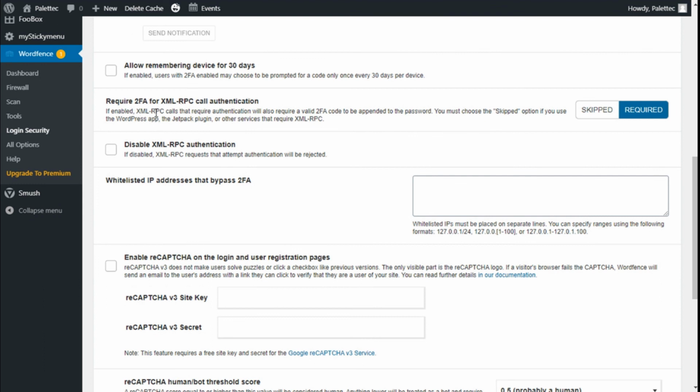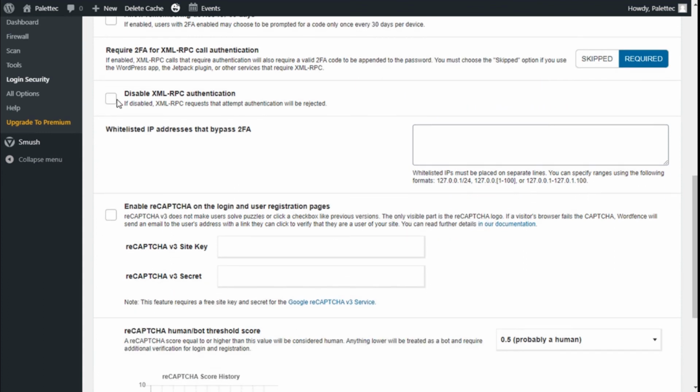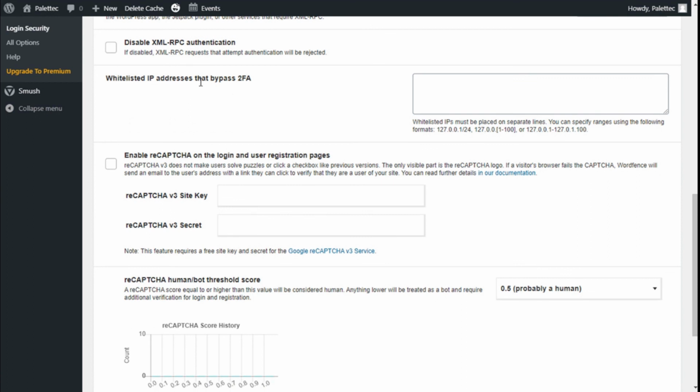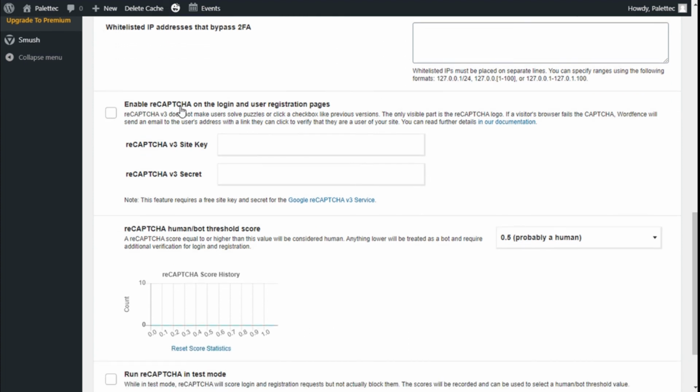XML-RPC calls that require identification will also require a valid 2FA code to be appended to the password. So we are going to leave that required, and we can disable the authentication here, and we can whitelist IP addresses that bypass the 2FA. So if we have some really good friends, we can add them here, and we can enable reCAPTCHA on the